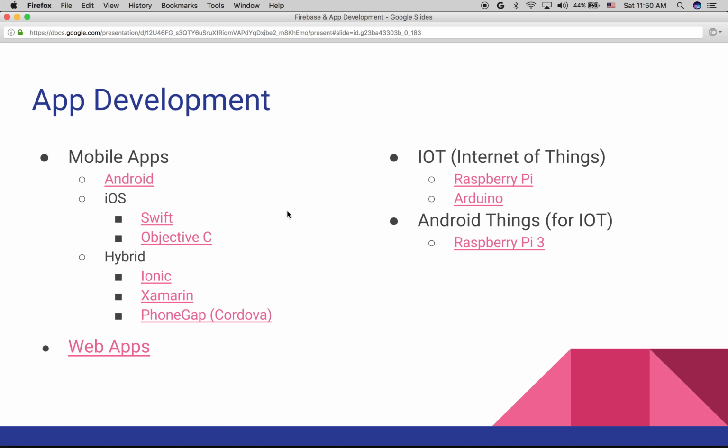The next popular major mobile app development platform is iOS. With iOS, it's interesting, there are two languages you can use. You can develop an iOS app using Swift or Objective C. Apple released Swift recently.